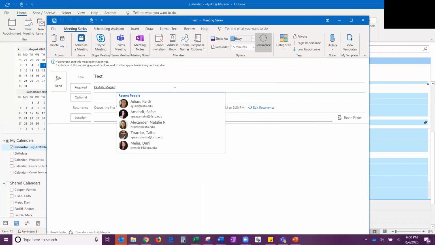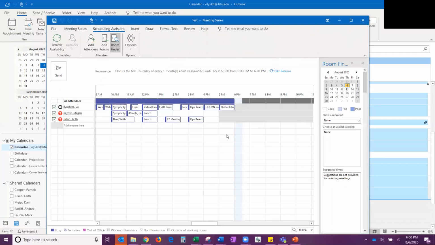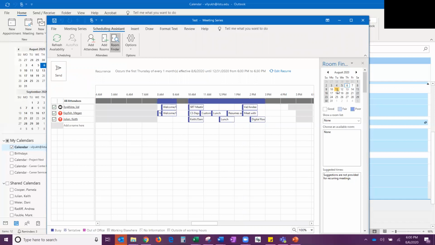You can, of course, select multiple people, and you can also, if you started this before looking at other people's calendars, go up here to Scheduling Assistant, and this will allow you to view all of the calendars simultaneously. You'll see over here is color-coded for how much availability the 3 of us have. So if it is a lighter color, that means we have a lot of availability. So let's say I want to meet next Tuesday. I can come over here, see what our options are. I'm going to pick this time,